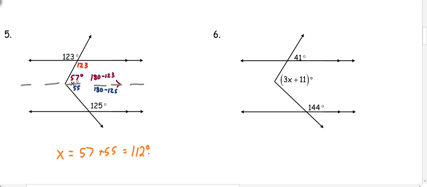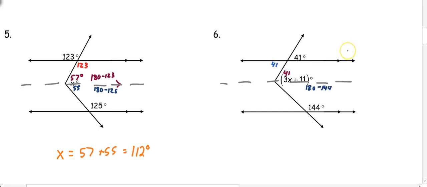Now, number 6, when I start working on this problem, I'm going to draw my parallel line through my crook. And I notice that 41 is on the outside instead of the inside, but 41 is a vertical angle with right here. So they're both 41 degrees. So to put a number above my new parallel line I drew in, I know that they're alternate interior, so it's 41. Then working from the bottom up, 144 and the angle I want are same side interior, so I'm